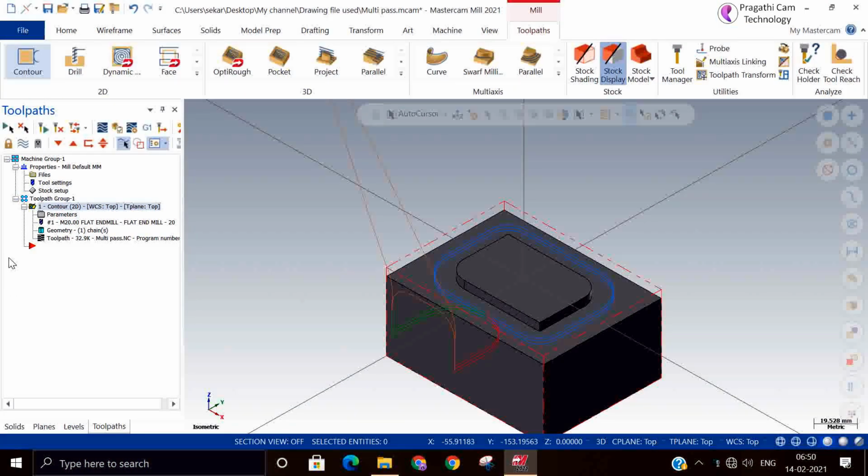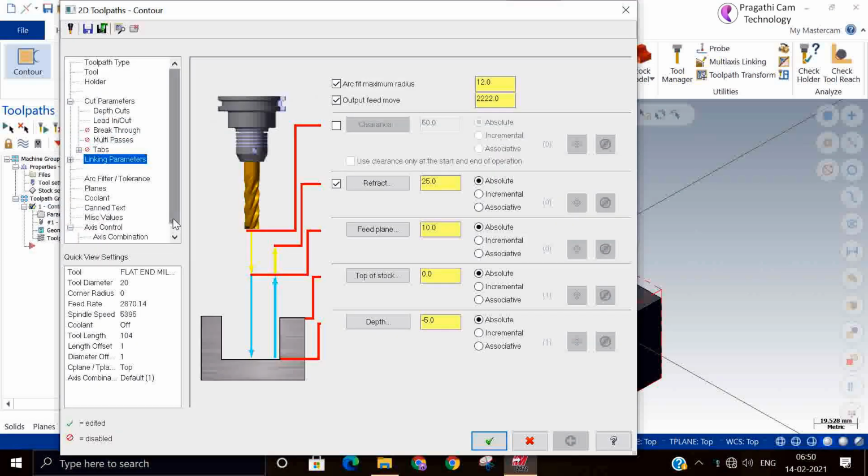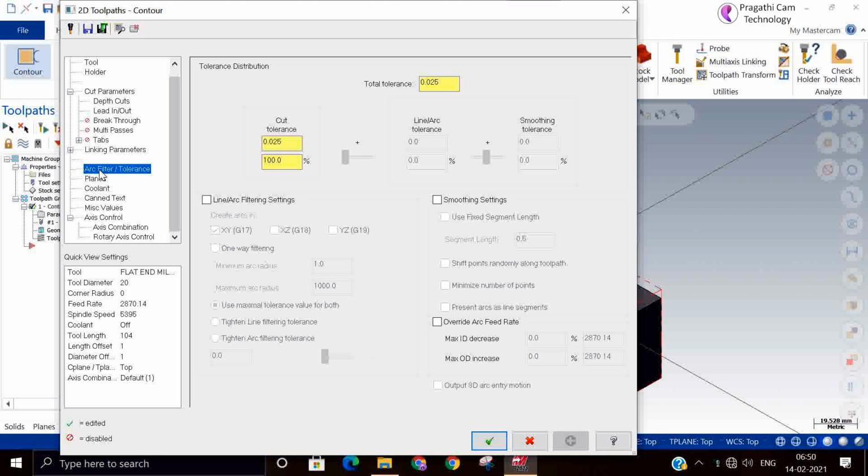So today we are going to see the 2D common parameters, so work offset and other things. Okay. So we'll see. We are going one by one. And the next option is R filter tolerance. This is a very important topic, and it is too early to see this particular option now, at the beginning only. It is a deep subject. We are going to see it in a separate class. So we will see it in some other class, not here. Okay.